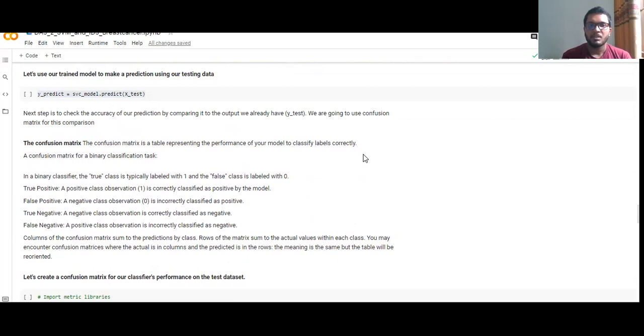The confusion matrix is a table representing the performance of your model to classify labels correctly. Confusion matrix for a binary classification task. In a binary classifier, the true class is typically labeled with 1 and the false class is labeled 0. And true positive, false negative, true negative, false positive. And there are 4 sets that can be taken. And columns of the confusion matrix